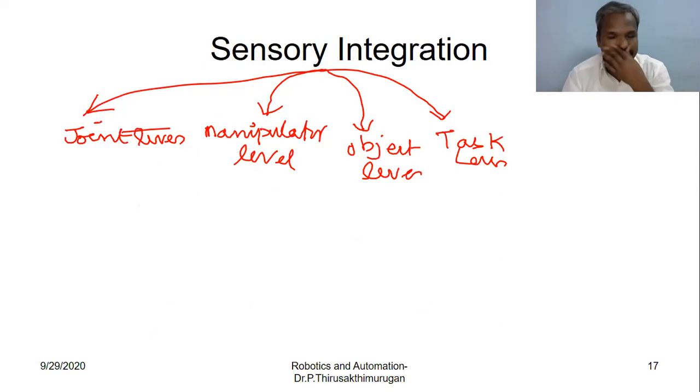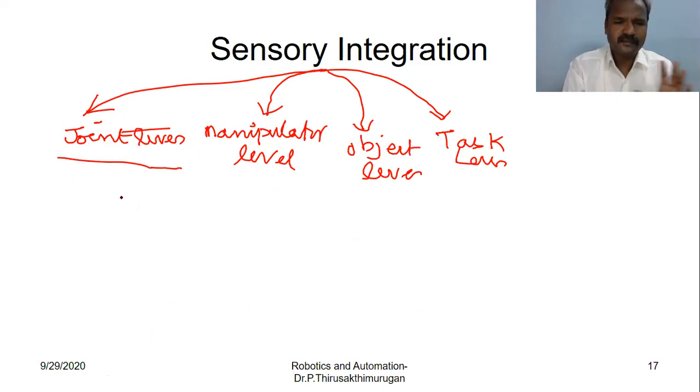Actually, in sensor integration, the joint level is the lower level programming based on the geometrical translations, as would be carried out with the lower level programming. Say, what is the lower level and higher level in industrial automation? Say joint level program means just move up or pick and place. You know, there are 2 types of control system. One is the continuous control system. Another one is the discrete state control system.